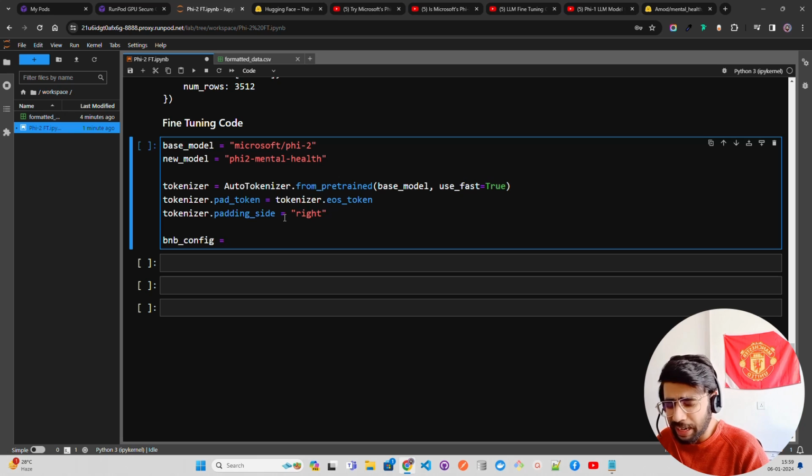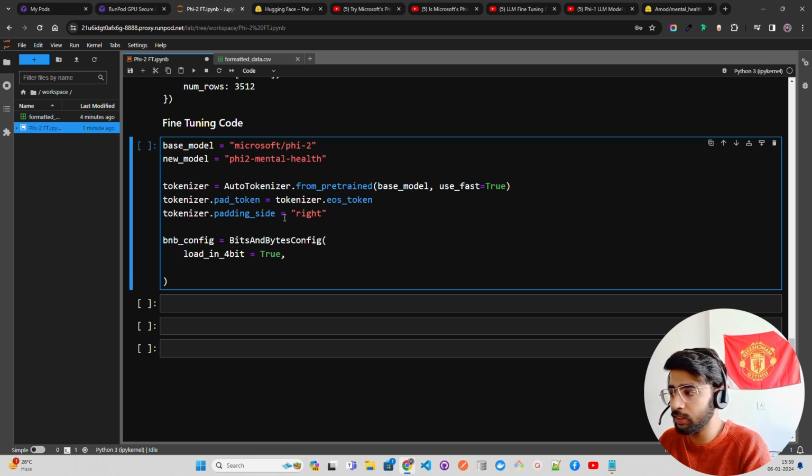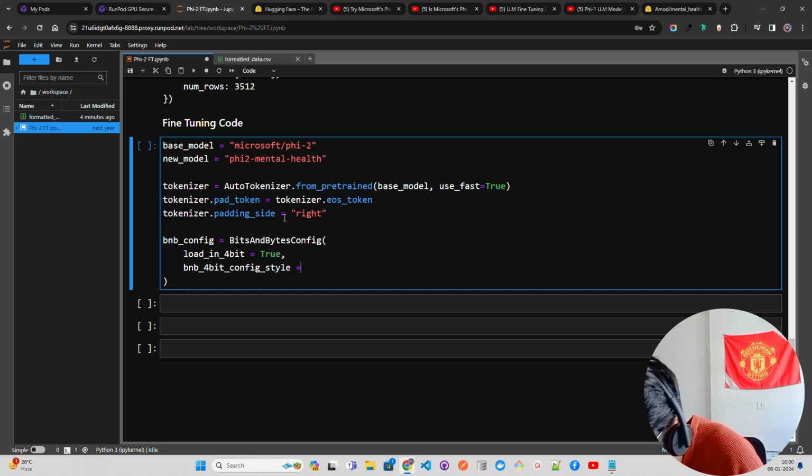So for the BitsAndBytesConfig, we're going to use that class. Inside it, the first thing we're going to do is load the Phi-2 model in 4 bits, not in 8 bits, not in other bits, in 4 bits, because we are going to use QLoRA here. So load_in_4bit is true. You have to keep that true. Then I'm going to use the BNB 4-bit config style,